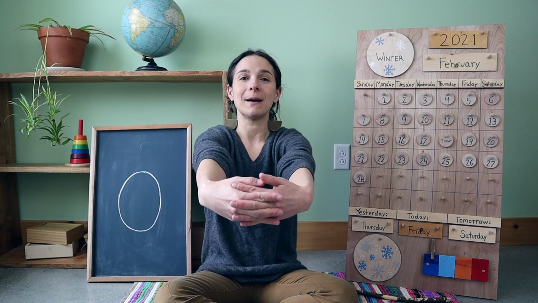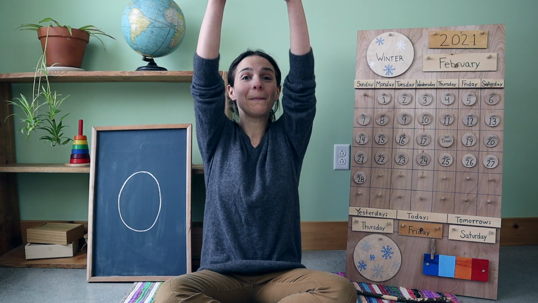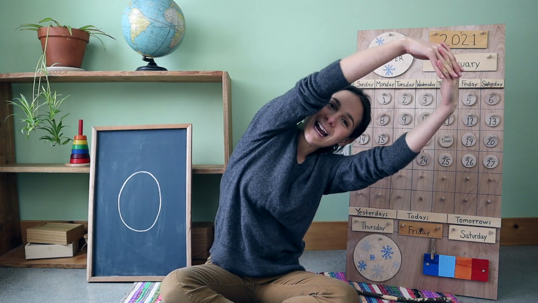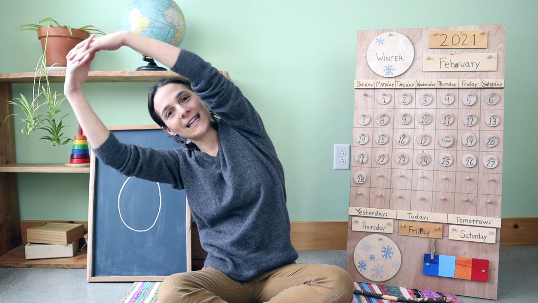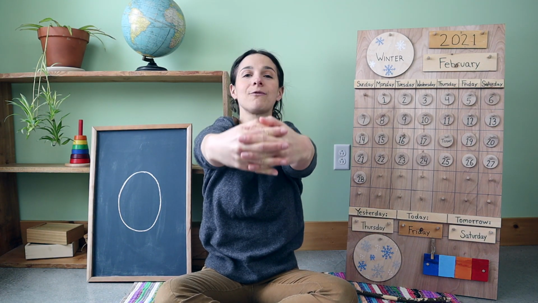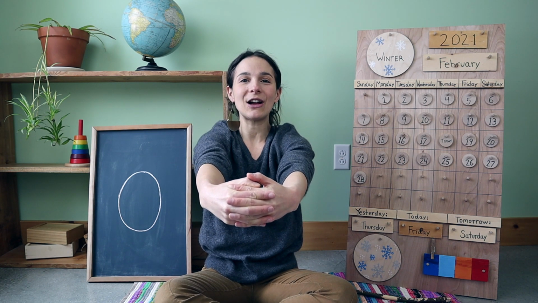Let's make our arms into a big circle out in front like this. Now raise that circle up, up, up high. Give a little stretch. One side. Stretch over to the other side. Now let's bring that circle back down in front of us. And now it's time to sing. If you know the words, sing along with me.